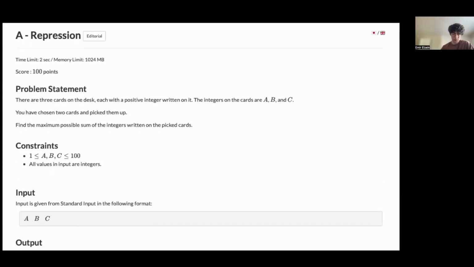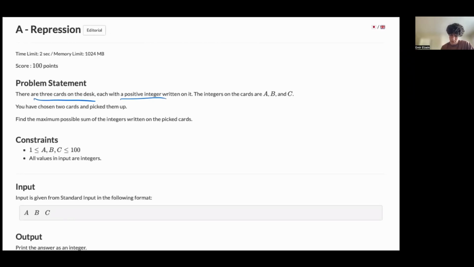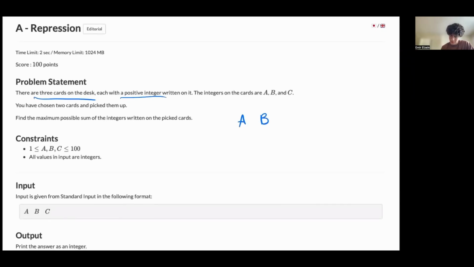All right, so these are the solutions for problems A and B in contest 2. So let's look at problem A first. The statement says that there are 3 cards, each with a positive integer, that we can call A, B, and C. And we need to find the maximal possible sum